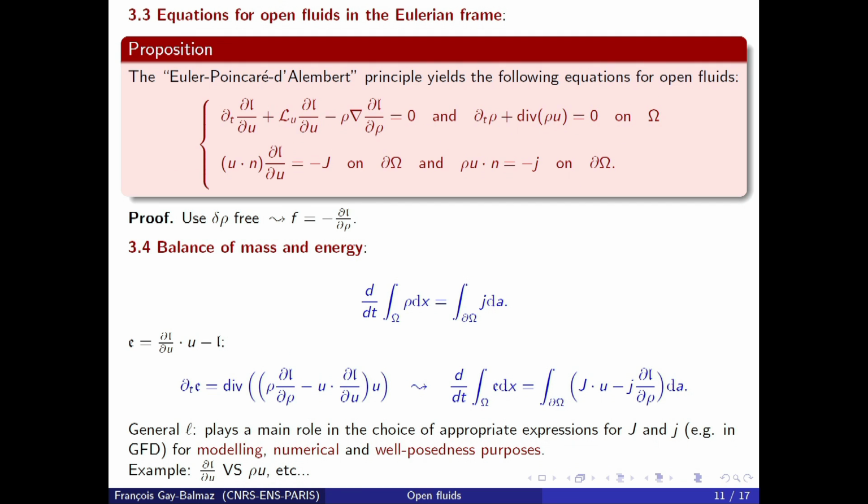So if we apply this, we get this type of equations. So at the interior of the domain, no surprise, you have to get the previous equations, right, that are valid at each point at the interior, but you get now this form of boundary terms. So this is the boundary condition on the fluid momentum, and this is the boundary condition imposing the mass flux entering or flowing out of the domain. So it turns out that these equations, as simple as they look, give a lot of insight about the modeling of the fluid,